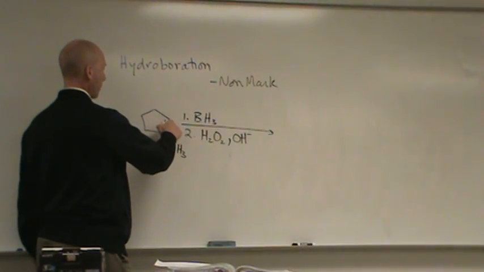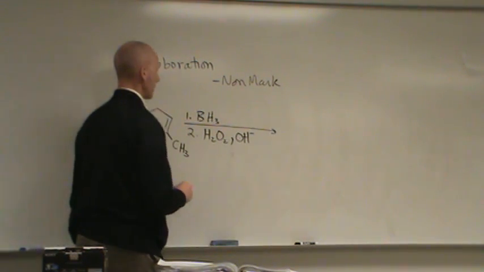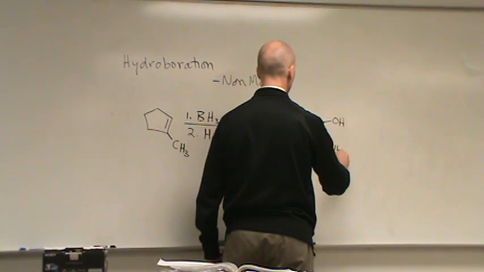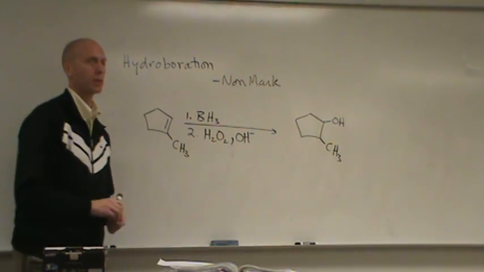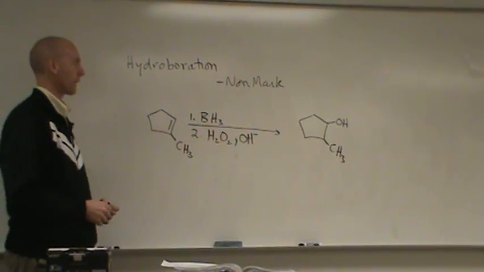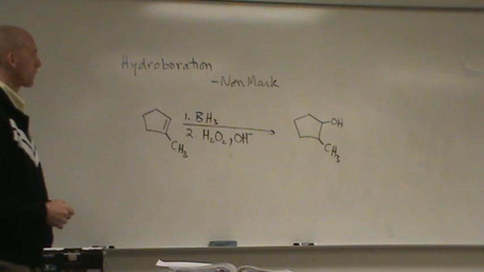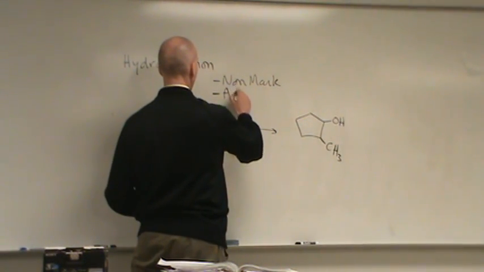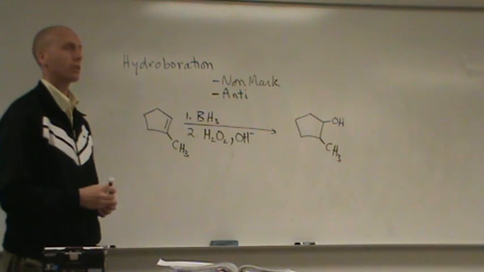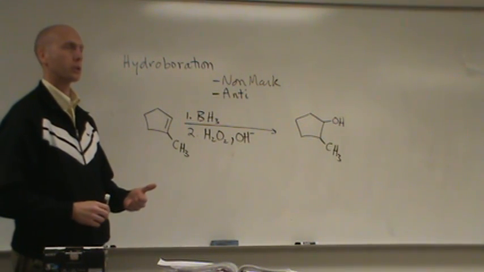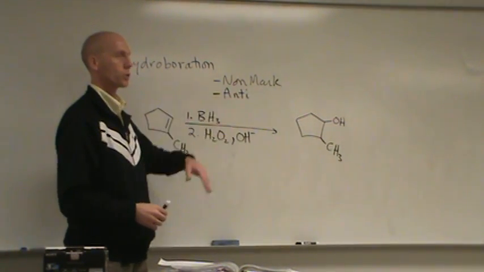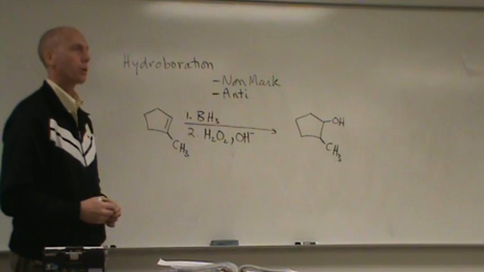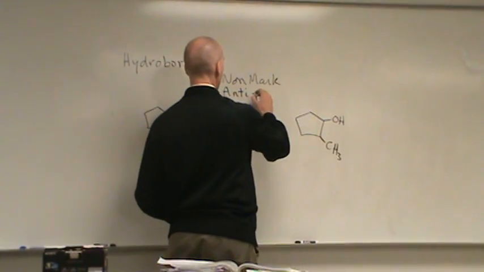So that meant that the alcohol went where? On the less substituted carbon of the double bond. Okay, so if we were doing the reaction from what we learned last week, this is what we got here. But now there's one extra thing we need to throw in the mix. What kind of addition is it? And it goes on by anti-addition. Okay? So you got to also remember in these reactions we're doing, whether it's anti or syn addition. Okay? So this is adding on anti, and if it adds on anti, this is going to